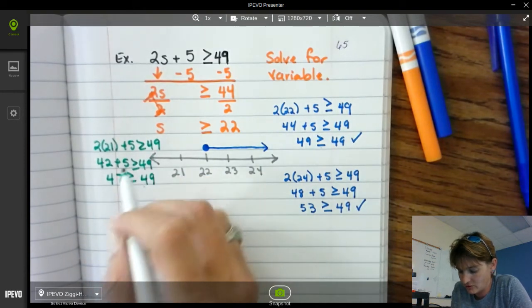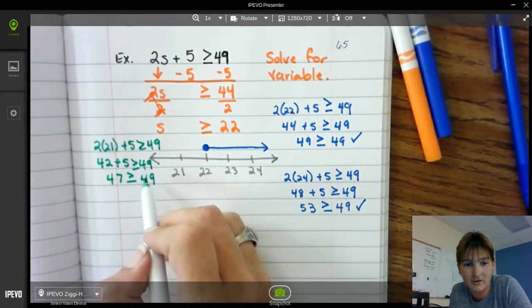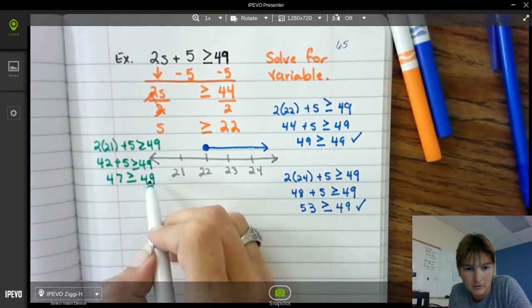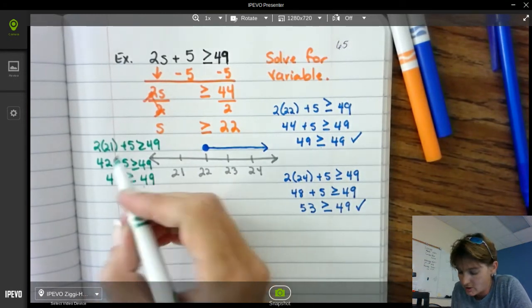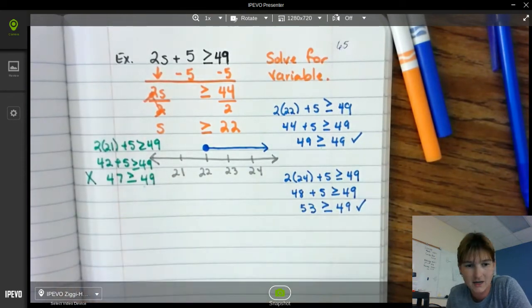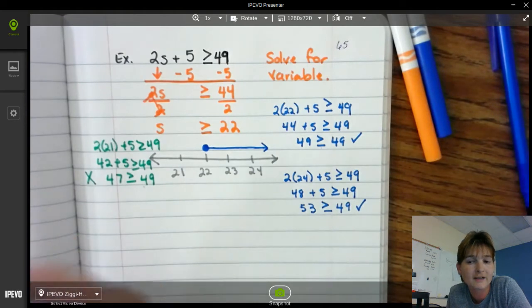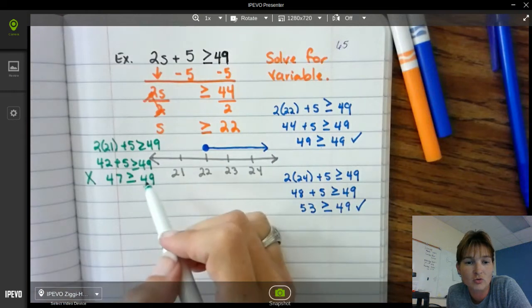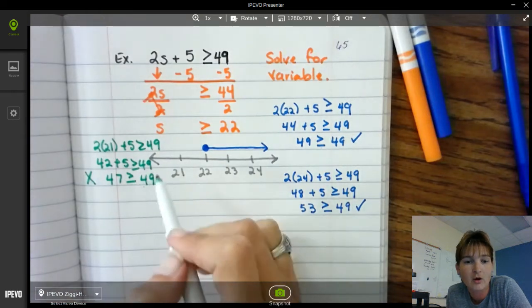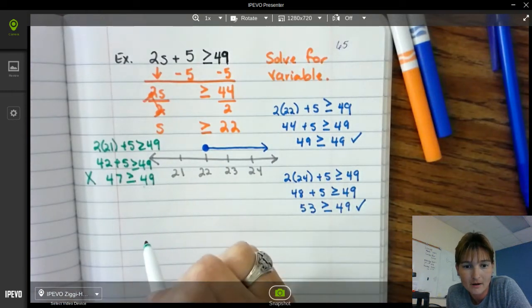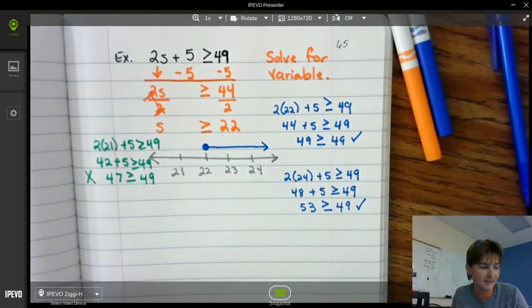So you can ask yourself, is 47 greater than 49? No. Is 47 equal to 49? No. So this one is not a true statement. That 21 cannot be a value of s because we need s to be greater than or equal to 49. All right, so the next example we want to look at